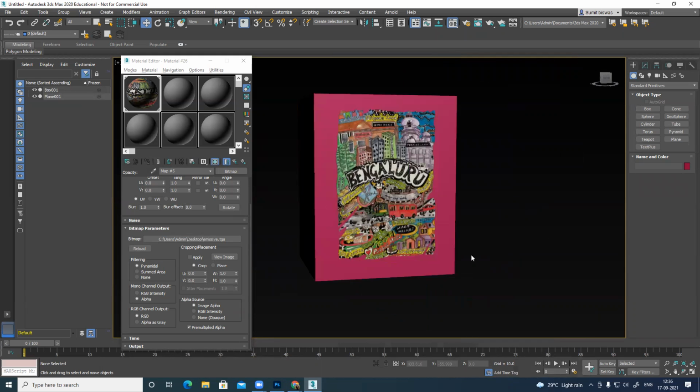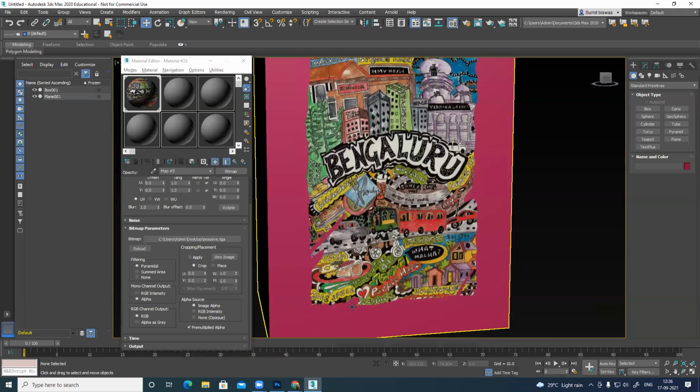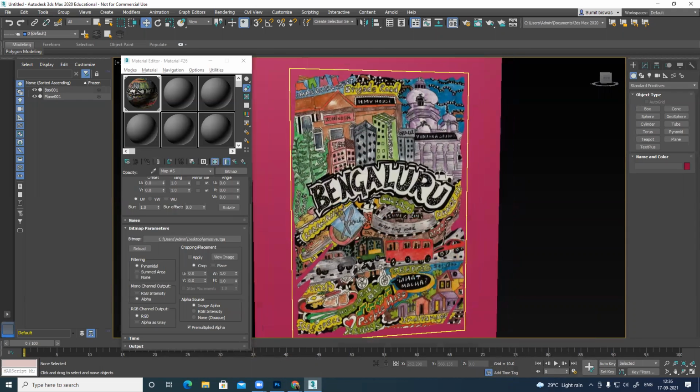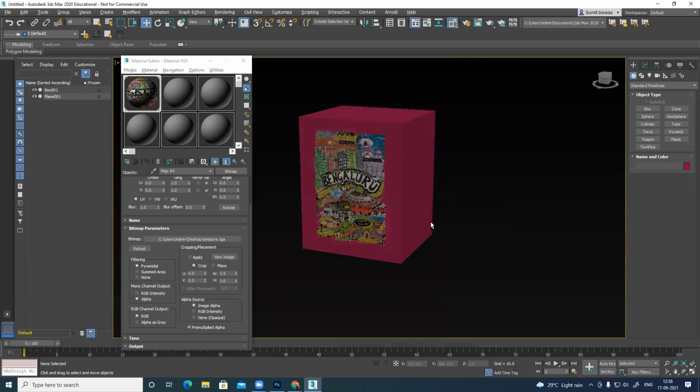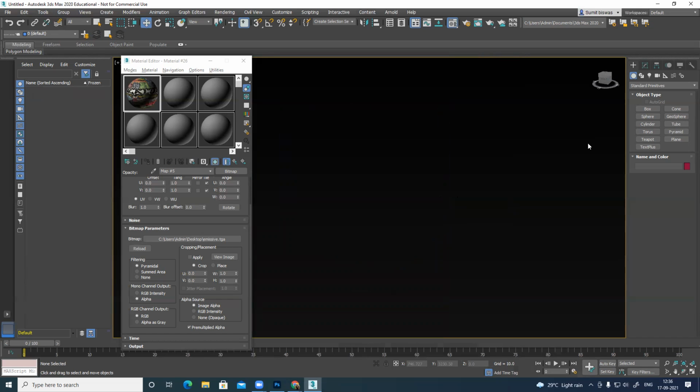So now you can see transparent, right? This is how we create alpha. It can be anything. Like this is a poster. So if I want a poster, it can be a poster, it can be a piece of jewelry, a chain link or anything. It can be a tree, all the leaves you see, everything is alpha. So suppose I want to create an alpha for this thing, foliage, maybe a simple grass.